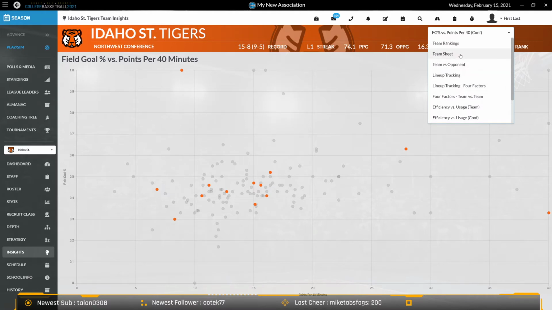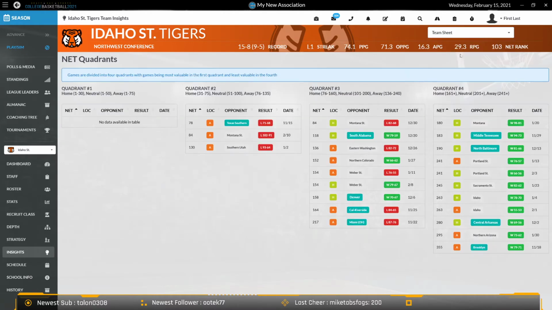But the thing we're looking for here right now is the team sheet. So this team sheet shows you the NET quadrants, and this is new to the game this year. This is new sort of to college basketball as they moved away from the RPI and RPI ranking, stuff like that, and to this NET formula, which divides your games into 4 quadrants. And you can see those quadrants are based on the NET of the opponent and whether you're home, neutral, or away. So obviously with the team I've been running here, Idaho State,